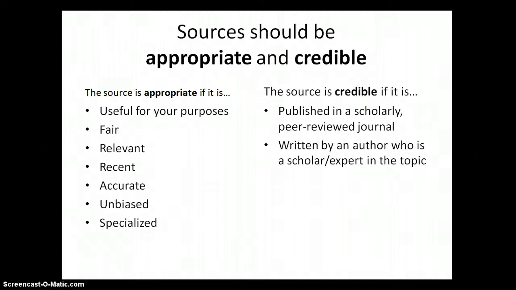Now, how can you tell if a source is credible? Research that's published in scholarly or peer-reviewed journals is credible. We generally in the Academy accept that as credible. Peer-reviewed means you've got research that has been verified, double-checked, tested out by people who are also experts in that area, or peers. They are peers to the person who wrote it. They are experts as well in that particular area of